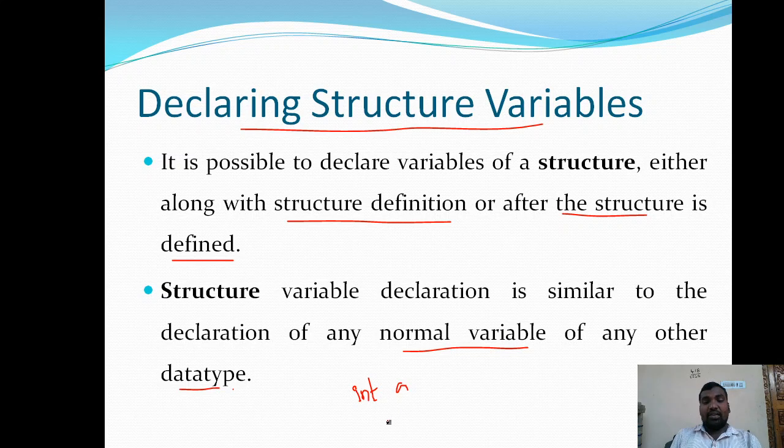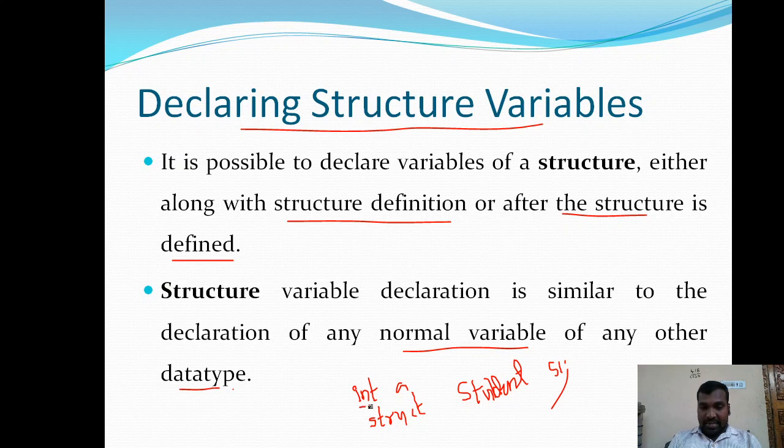In a similar way, if you want to define a student structure variable, you write struct, which is the keyword, then the name of the structure, student, and then write the name of the variable s1. For example, s1 is student1, semicolon.